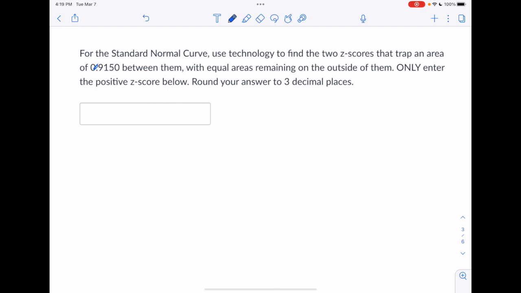So first of all, in the interest of giving help but not answers, we're going to change this number right here, and we're going to work with an area of 0.7150 in the middle. So the first thing to do is to draw a quick sketch. It doesn't need to be perfect, just a roughly bell-shaped curve. Below the peak, put a 0 since this is the standard normal curve. And then we want a middle area of